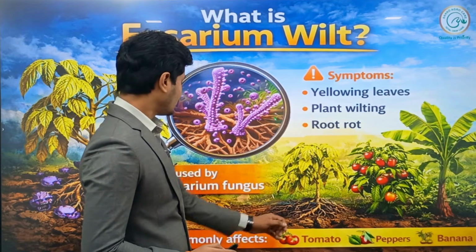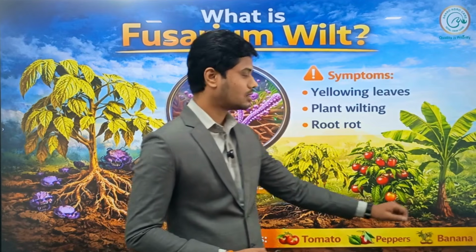So the very first question is, what is Fusarium wilt? Fusarium wilt is a serious soil-borne fungal disease caused by Fusarium oxysporum. This fungus lives in the soil and can survive for many years without a host plant. It commonly affects crops like tomato, peppers, banana,